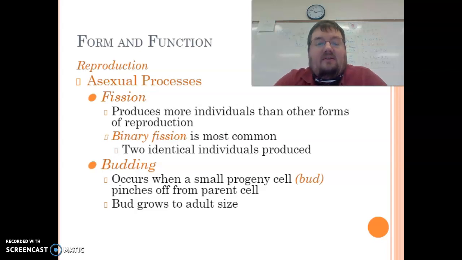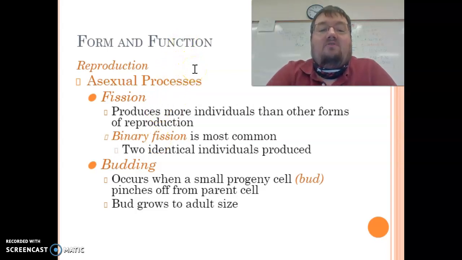Okay, so let's continue where we left off discussing chapter 11. We left off talking about reproduction of protozoa. Some of these protozoa reproduce in different ways. As far as the list of asexual processes, the ways they reproduce on their own, they are listed right here. Okay, and then we'll look at some images of those.